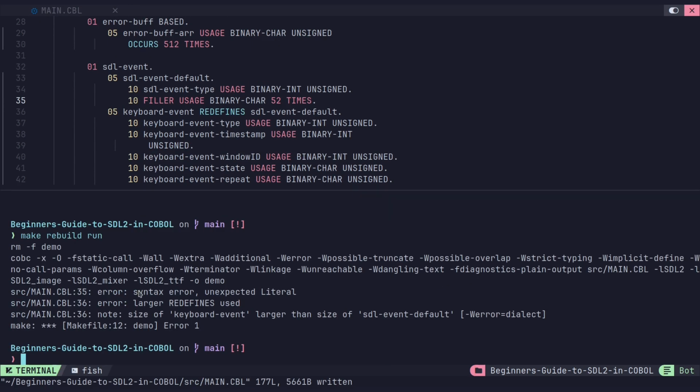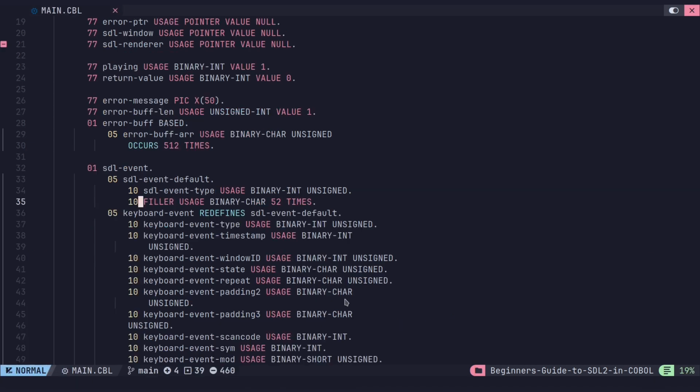Okay, a little bit less worse this time. Around 35, we have the same thing, so we still have another problem. Redefines error, okay. Larger redefines use. Okay, so these don't fit. So I've messed something up here. Size of keyboard event larger than the size of SDL default. Okay, so